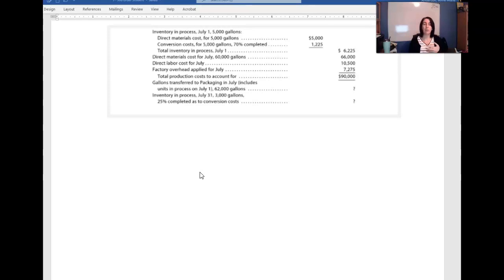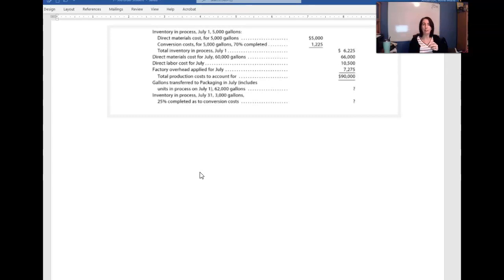in cost. You've got direct labor for the month of July, and you've got factory overhead for the month of July. So the total production costs are 90,000, right? This is the beginning stuff, and this is what you added during the month: direct material, direct labor, factory overhead. So what it's asking you for is what was the cost transferred to the next process, to the packaging department